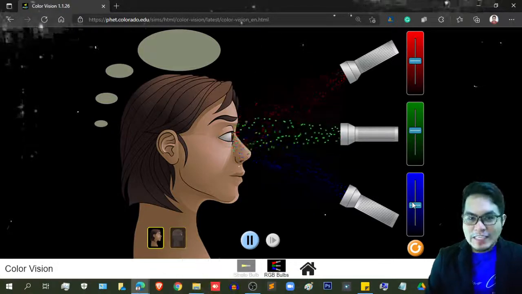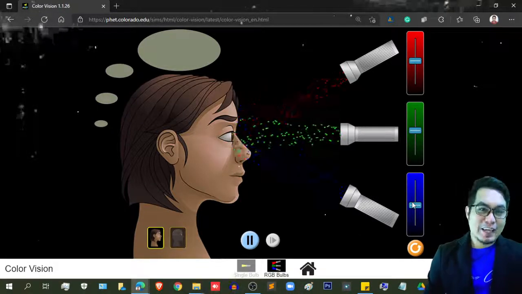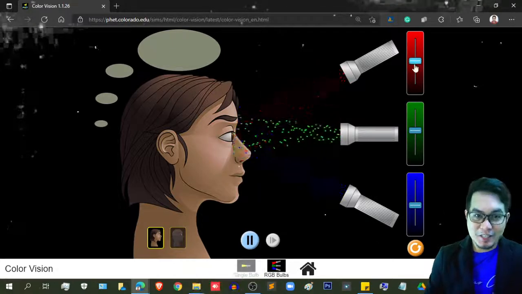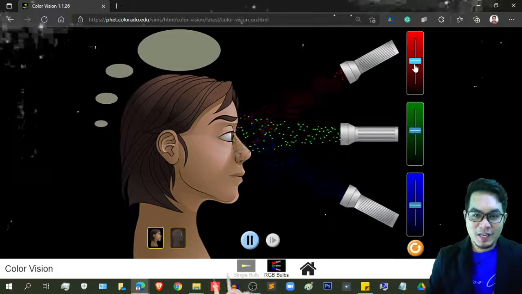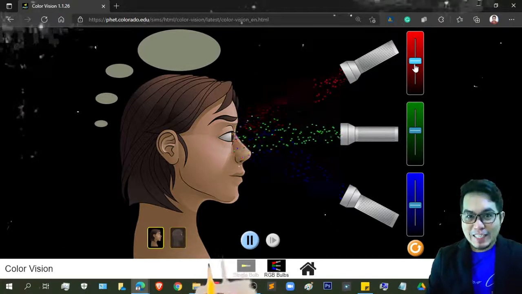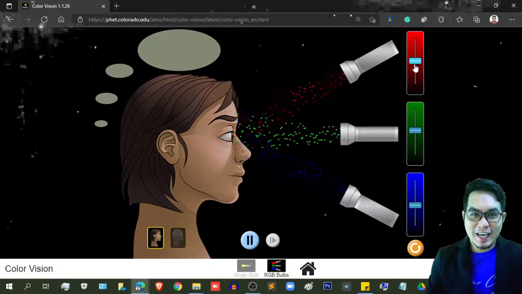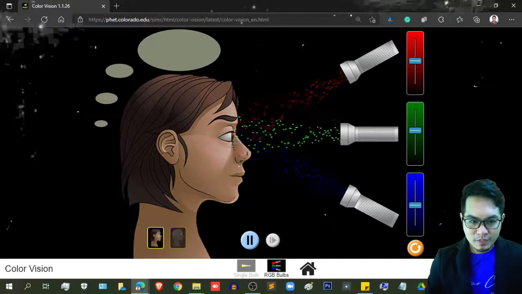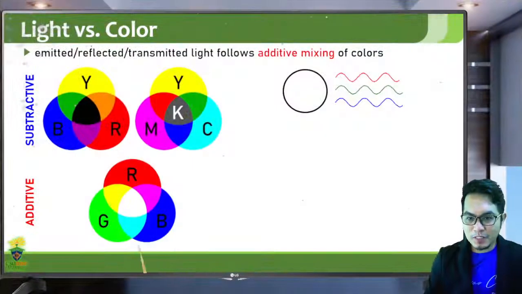So from these three color mixing alone, you can produce any type of color by controlling the intensity of the red, green, and blue emitted lights. So this is actually how all of our TVs and monitors and other display appliances work. So going back to the presentation,